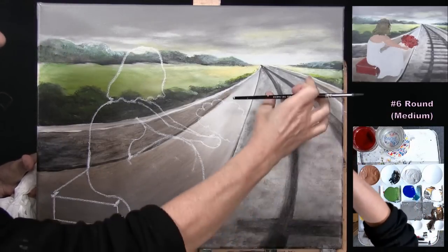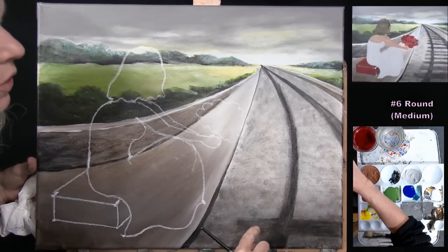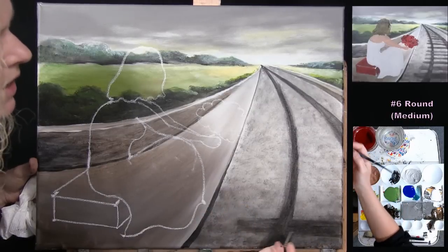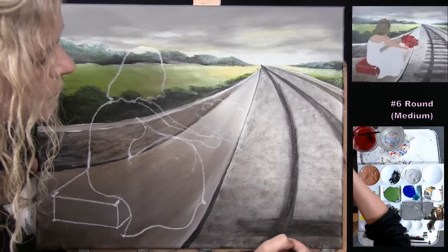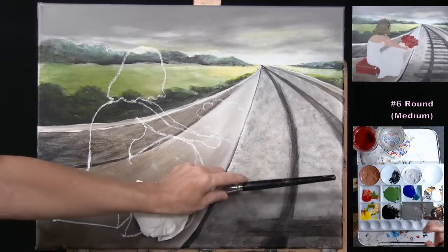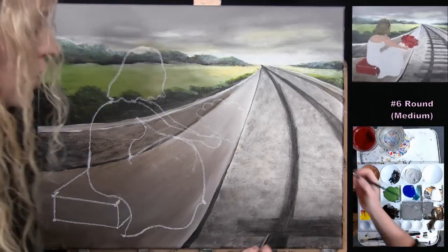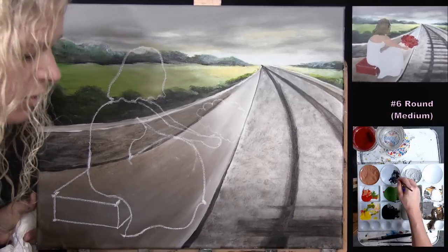As I go up my railroad track, I'm going to make these smaller and smaller and closer together. The important part is just to keep them horizontal. So I did this first one first so I could watch the bottom edge of my canvas, and that helped me keep it nice and horizontal. If you're having difficulty with that, you could certainly take a straight edge or something like that and help you along keeping it horizontal. If it goes diagonal, it's going to start to look like a roller coaster. So that's the trick to this, is just trying to not go